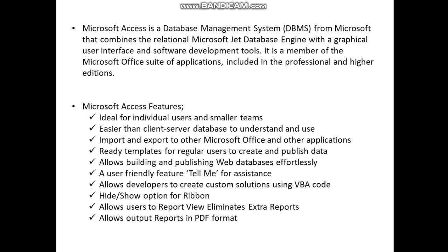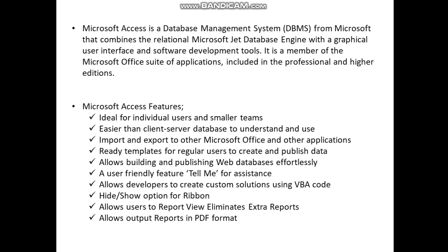Microsoft Access features. Ideal for individual users and smaller teams. Easier than a client-server database to understand and use. Import and export to other Microsoft Office and other applications.